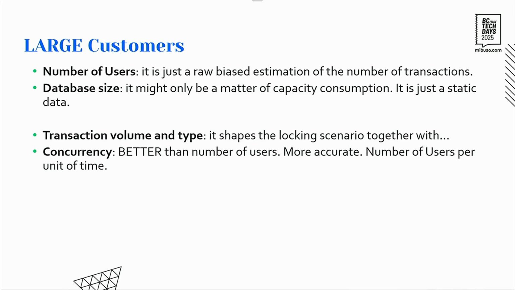When you know transaction volume and type and then concurrency, you have something far better than the users. Let's say concurrency: I have a customer with 100 users, but they have a rota. So 25, 25, 25, 24/7, and you might see that concurrently, at maximum, they are 25. We are Italian, so typically they are 23. I don't know what the other two are doing. But anyway,